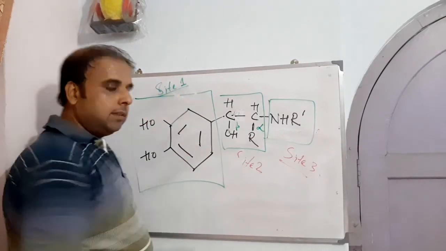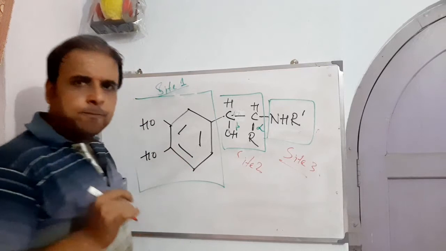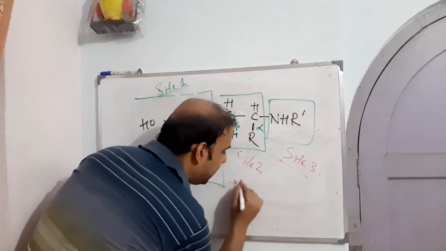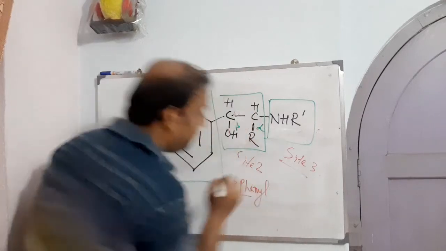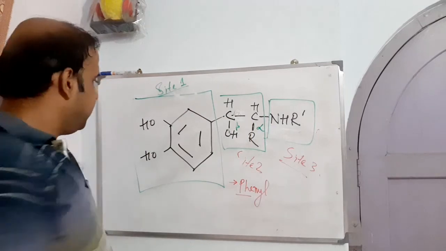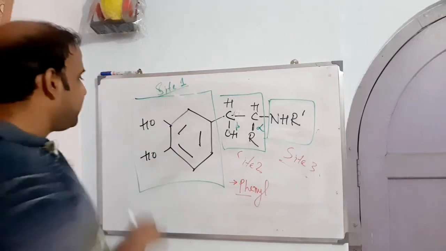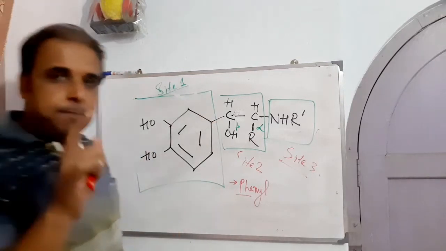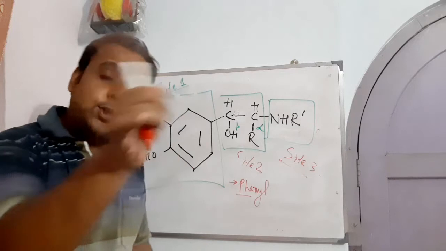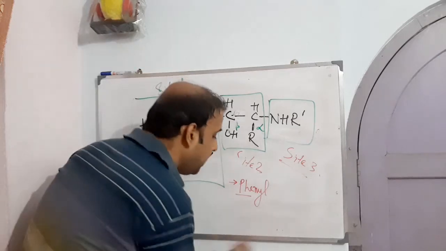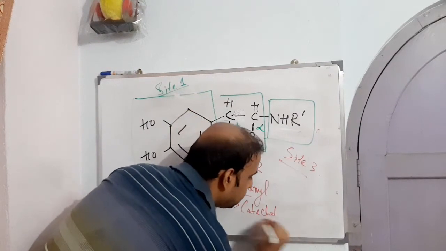What we've observed here is that a phenyl is essential. So what are the points that should be included in site 1? First and foremost, a phenyl ring is preferable. To that phenyl, two hydroxyl groups should be placed ortho to each other. That means the catechol is preferable. For proper affinity to the receptor, the catechol ring is one of the essential features to be kept. So apart from this phenyl, I can straightaway call it catechol.